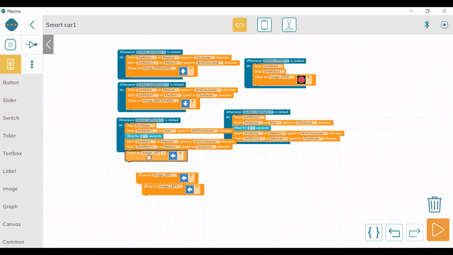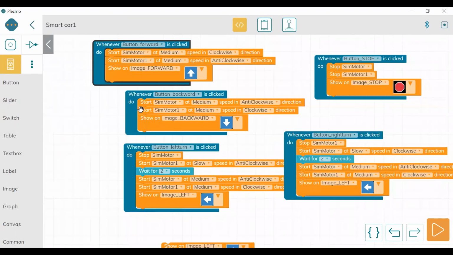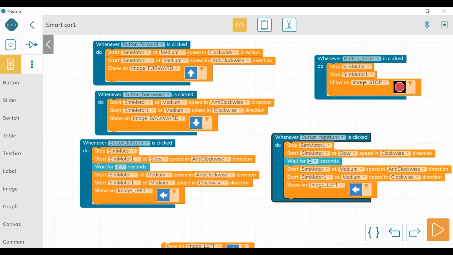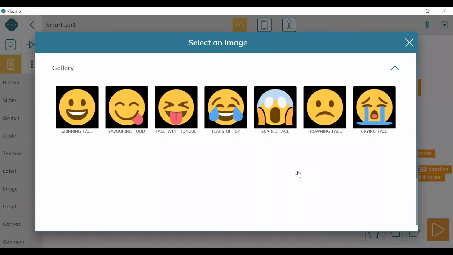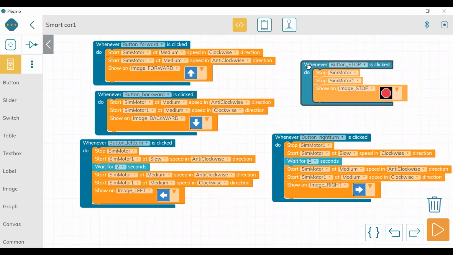Wait. So now I will change it to right, and this image will also be changed to right. I hope it is clear. Always change the name of the image and the picture. What do you want when you click on that particular button?